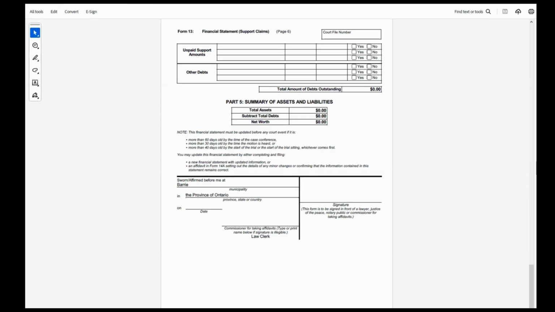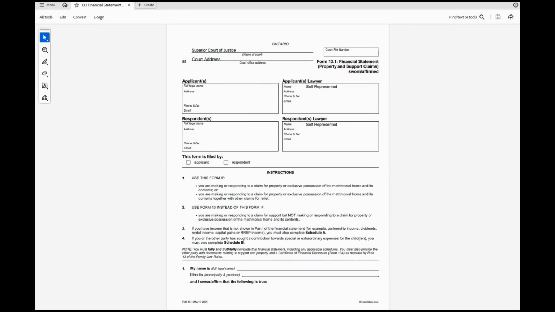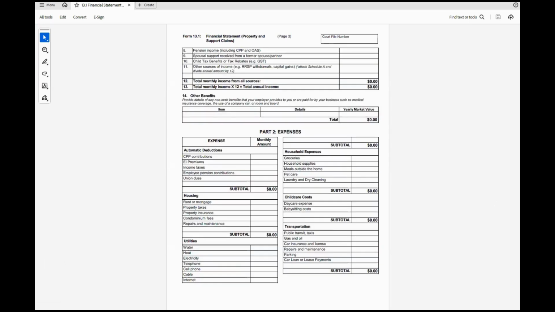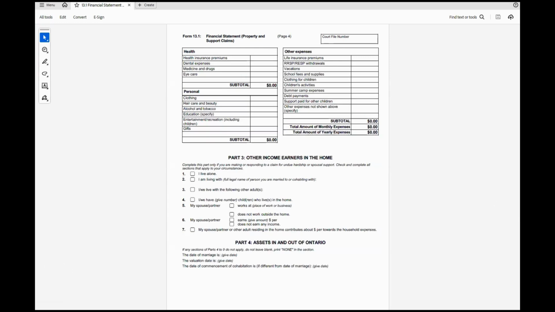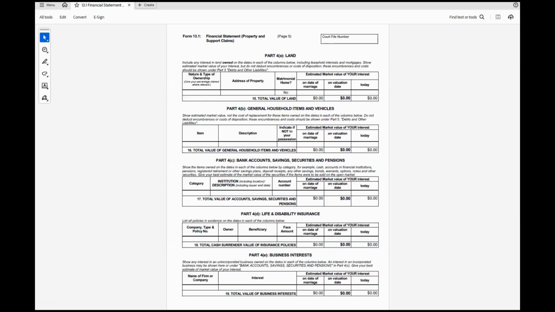And that's it if you're dealing with decision making, parenting, support issues, Section 7 issues. Okay? But if you are dealing with property issues, okay, that's a completely different form. That would be a form 13.1. And here, the first few pages are the same in that you need to write down what your income is and your expenses. But the sections that you see afterwards, it's very detailed in terms of your assets and your